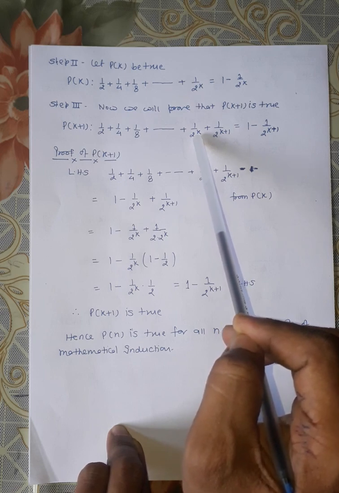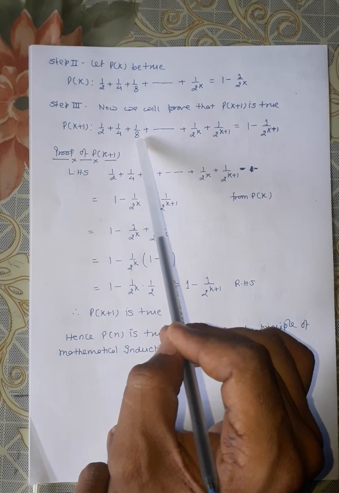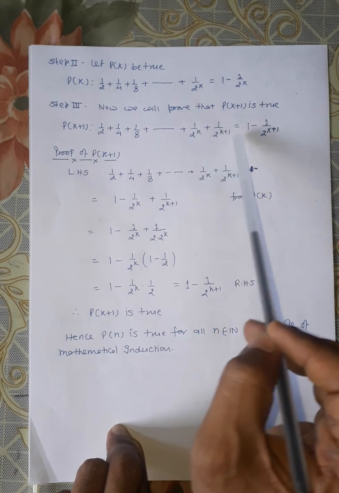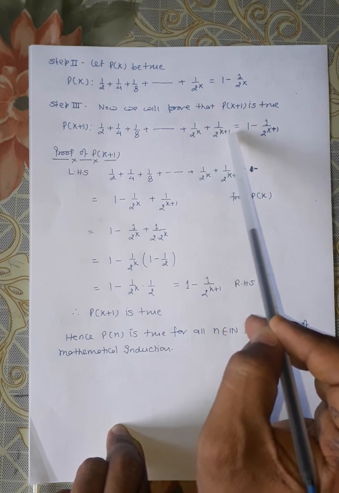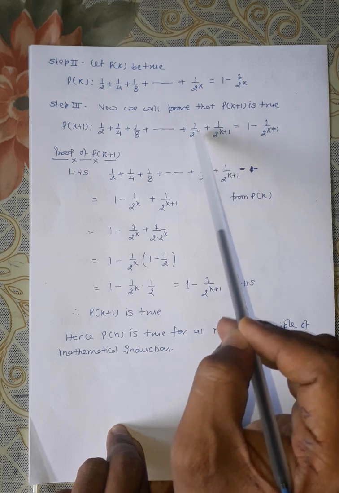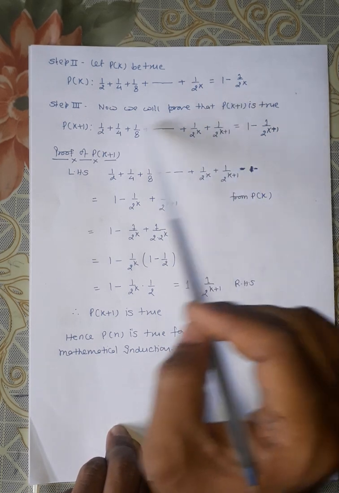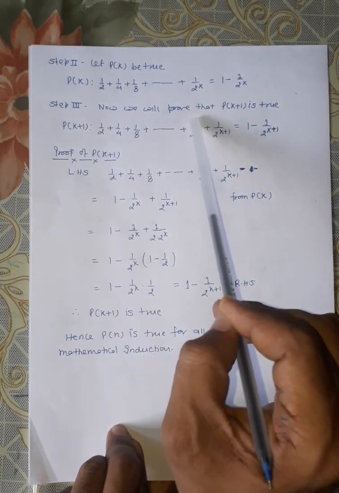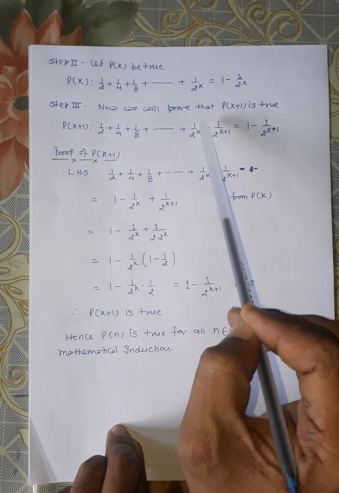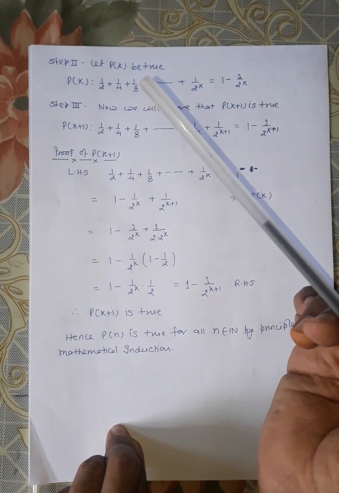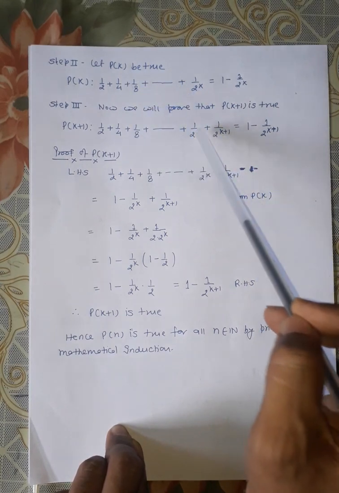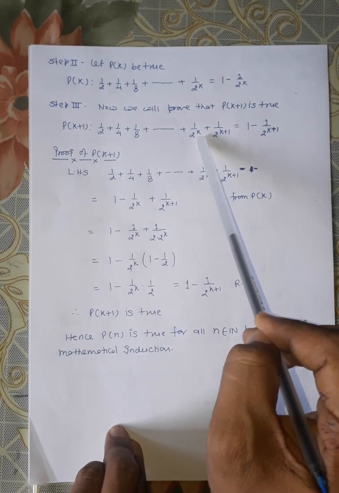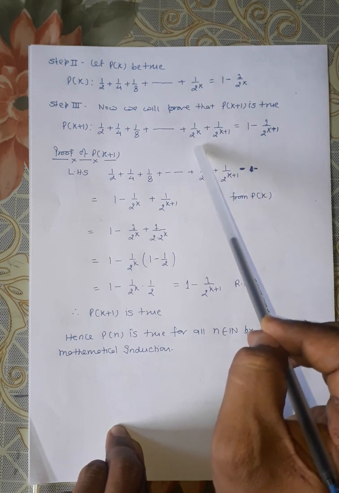Otherwise you can form an idea also that this is 2, this is 2 square, this is 2 cube. So this is 2 to the power k plus 1, then its previous term will be 1 less in the power, so it will be 2 to the power k. Otherwise this is a trick: after writing the last term of the left hand side of Pk plus 1, if you want to write this term, 1 upon 2 to the power k, and you have some confusion about what should occur here, then copy the last term of Pk. It will be profitable to you because it will be correct if you do so.